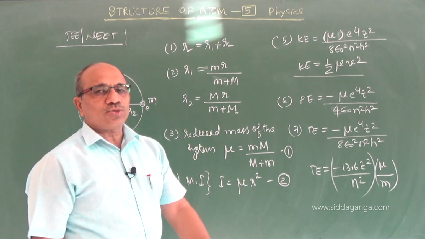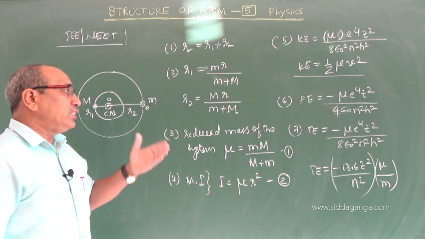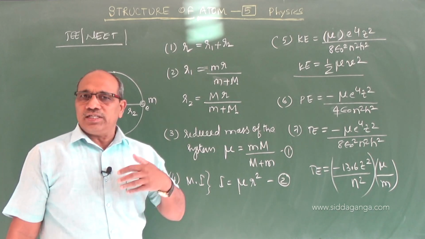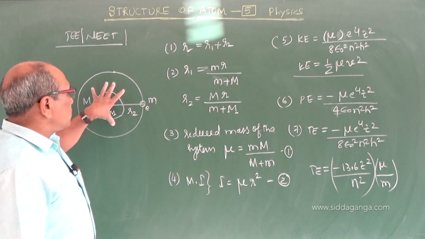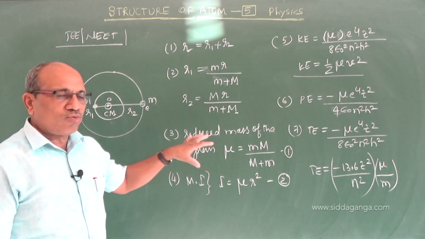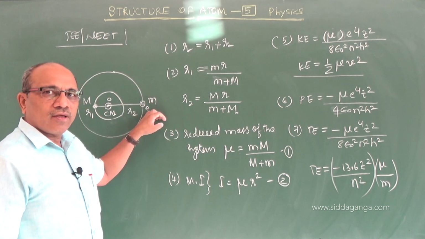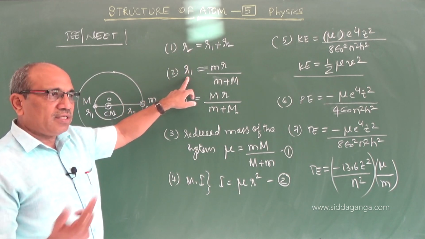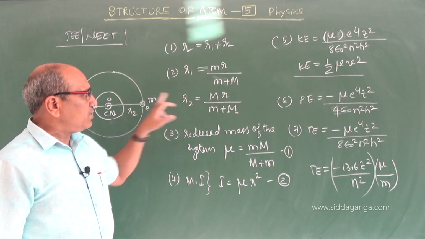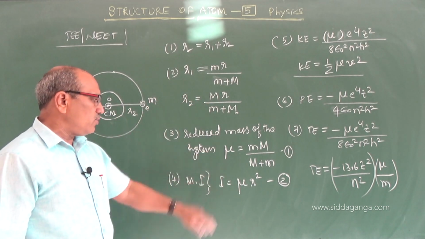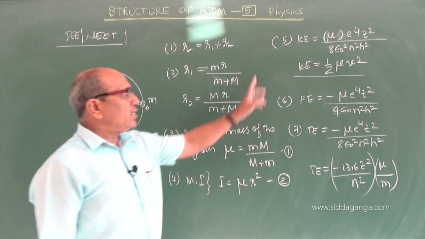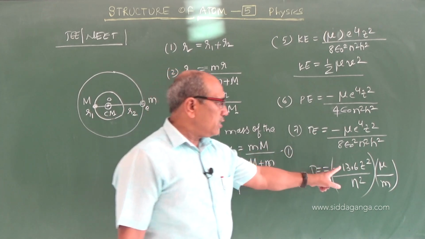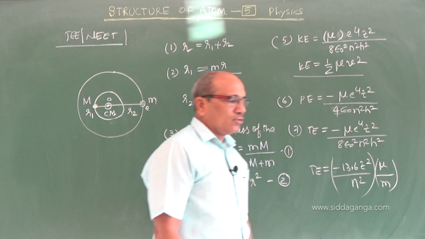This is additional knowledge, more for JEE and NEET, and more in JEE concern: the recoiling momentum and recoiling energy of the atom when radiation is emitted, and also considering the atom as a system of two particles, one is the nucleus and the other is the electron. What is the mean separation, what is R1, the distance of one from the other, and R2, one from the center of mass, the reduced mass value, moment of inertia of the system, kinetic energy of the system, potential energy of the system or total energy can be calculated. Here m is divided and mu introduced.